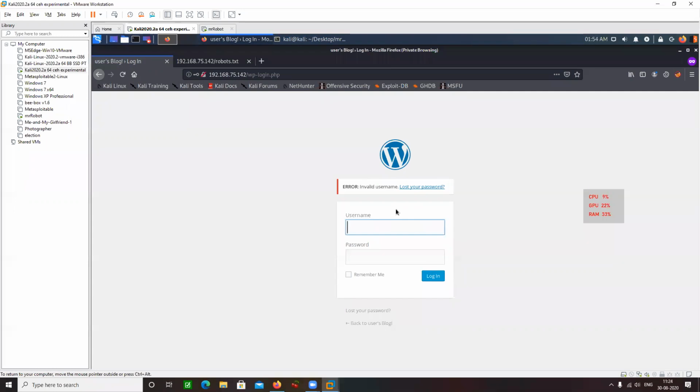Invalid username. WordPress has this vulnerability that allows you to enumerate the usernames. So that's a major try. Let me try using Mr. Robot as the username, with some password.